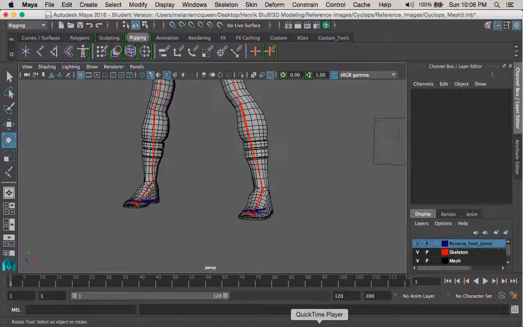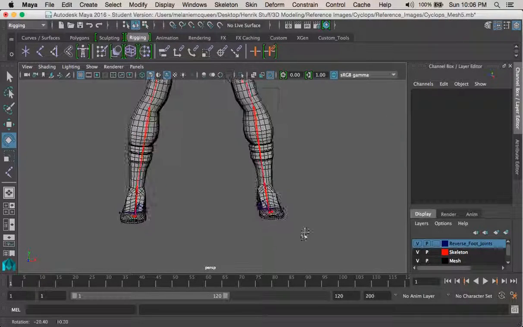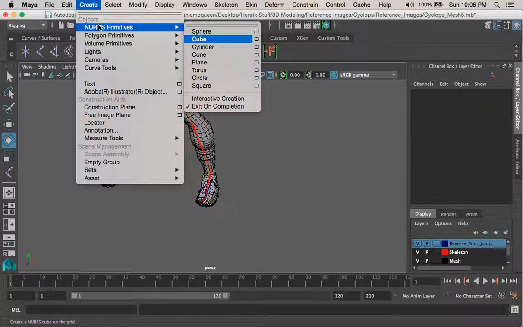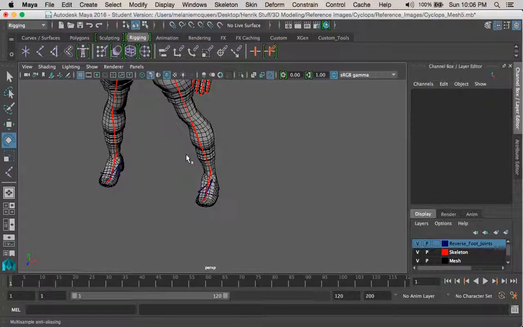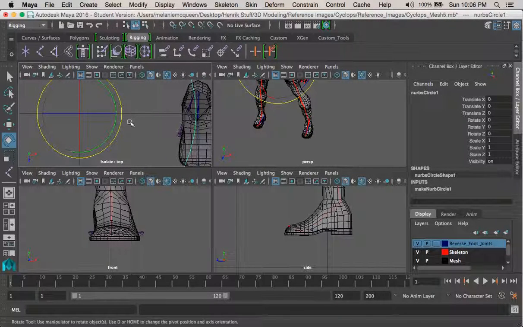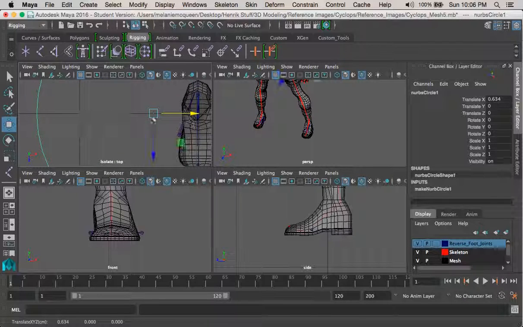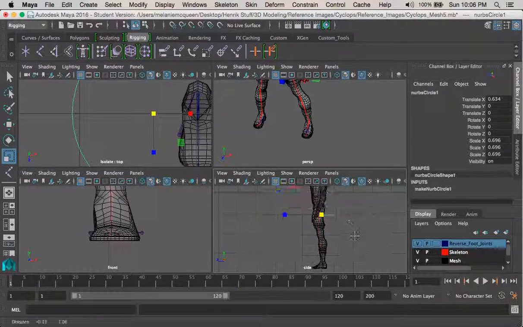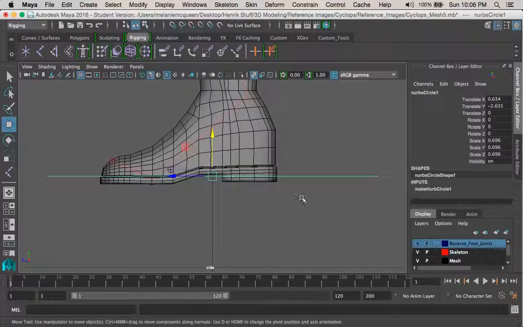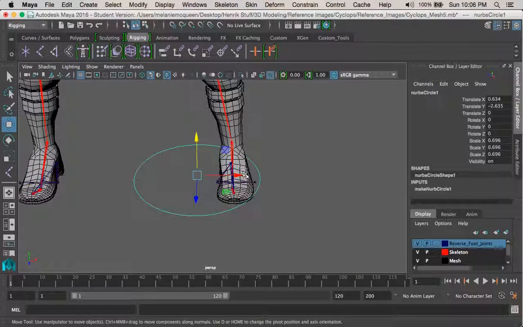So what I'm going to do is create the foot control. I'm going to start by going to Create, NURBS Circle, and here it is. I need to make sure that I bring it down towards the foot. And from here,